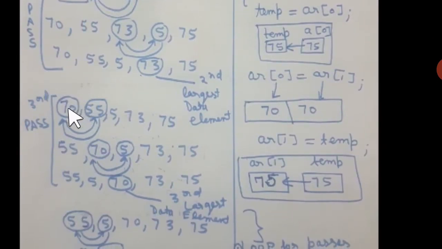Now we go for the third pass with this data. Now we start the comparison. 0th element has been compared with first index element. The condition is true, so 55 is here, 75 is here. Now 70 with the 5. Now you can see 55 is here and 70 is here. 5 is here and 70 is here. Alright, students. So here you can see, now we will stop at 1. So we are reducing our scope of comparison. Alright. So now the third largest element has found its proper position.